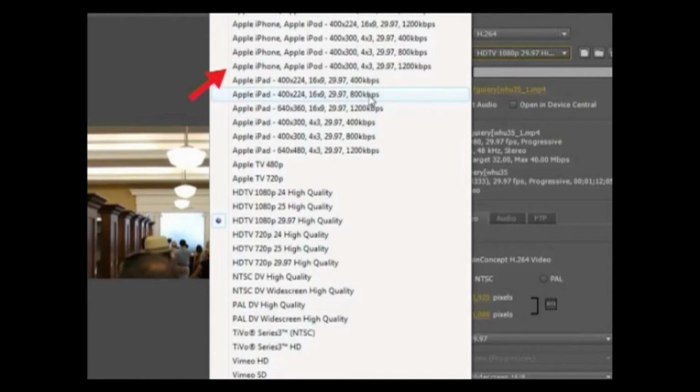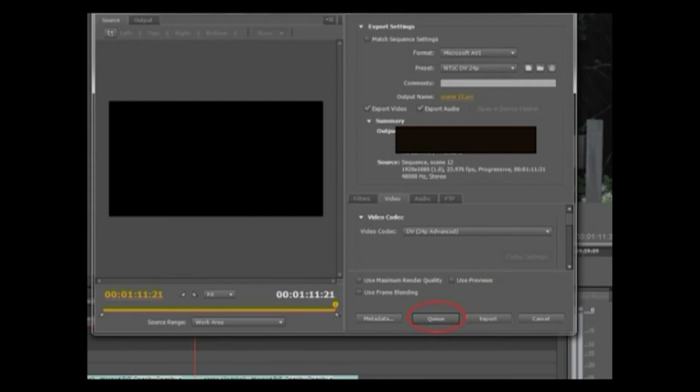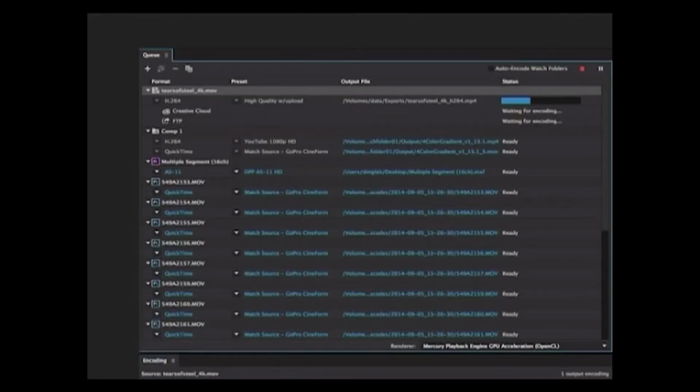You can do this by selecting your various settings, whether they are from a preset or your own creation, and clicking the queue button at the bottom of the window. If you want to add more tasks to the queue, just keep repeating the export process and queuing them up. You can either start the batch of video encoding tasks directly from Adobe Media Encoder or just wait until it starts all by itself.